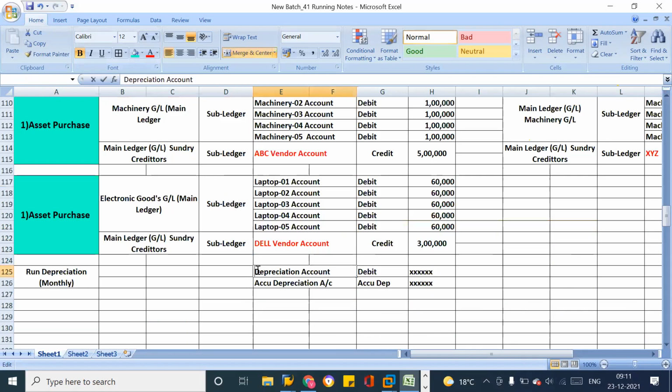Okay, so here, what will come? Machinery depreciation account to debit, and now credit also machinery accumulation depreciation account. So you have 5 machineries or 10 machineries. For those machineries, whatever depreciation amount is there, it is going to post one accounting entry for these GLs. Similarly,